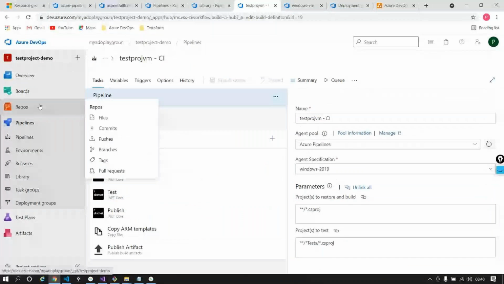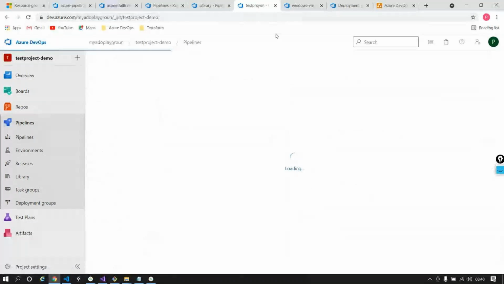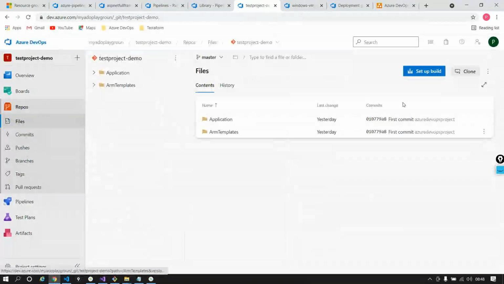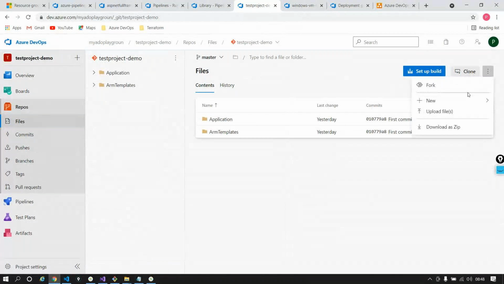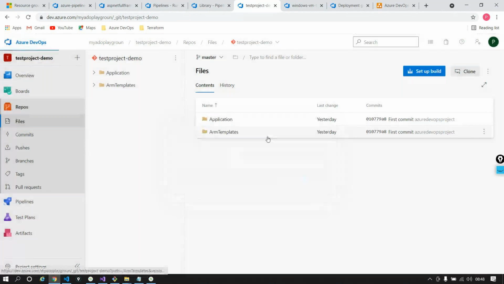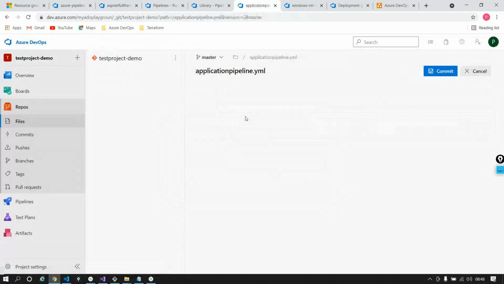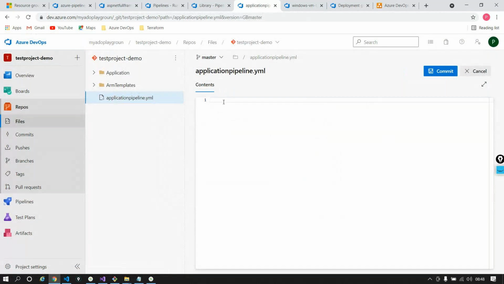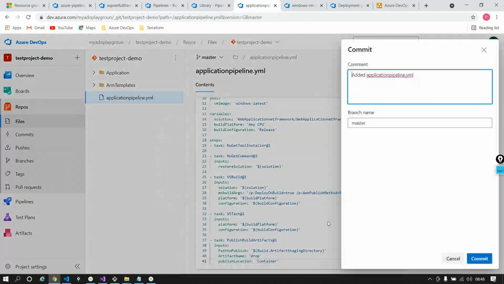I'll go into the repository of this particular pipeline, and there's a branch called master branch, and I'll say okay, there is a new file that I want to add, which is application pipeline dot YML, YAML syntax, and I just copy everything out here. I'll say commit, create, commit this out,